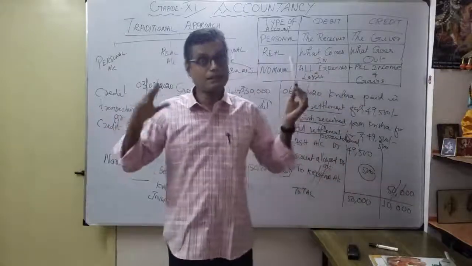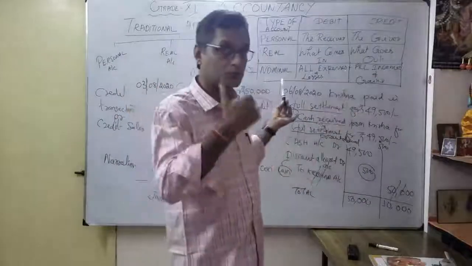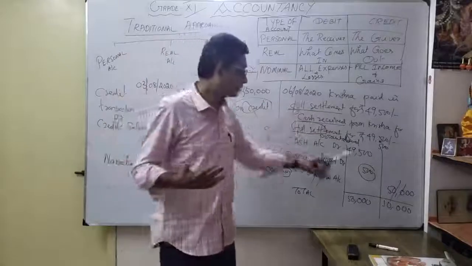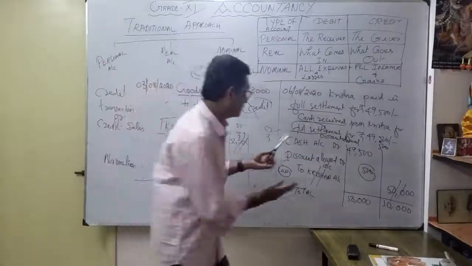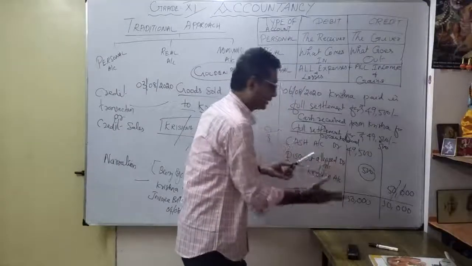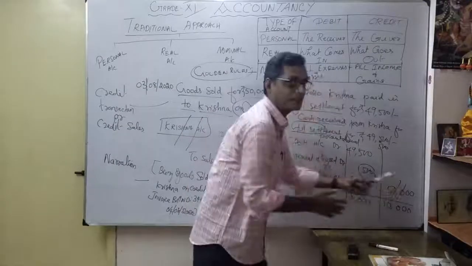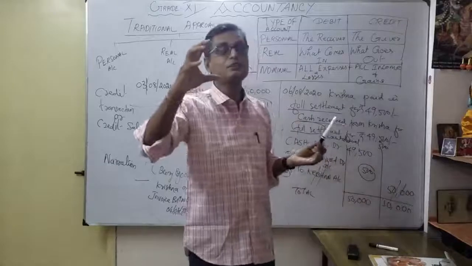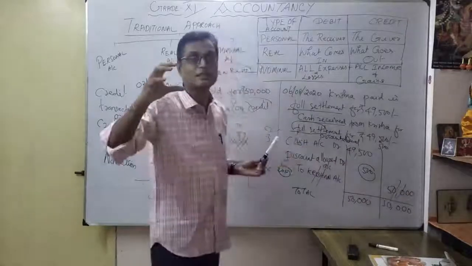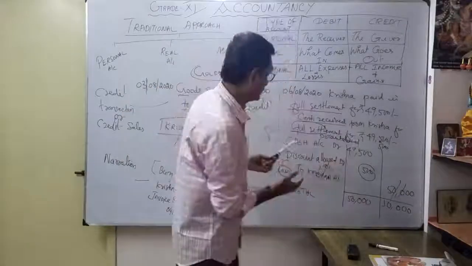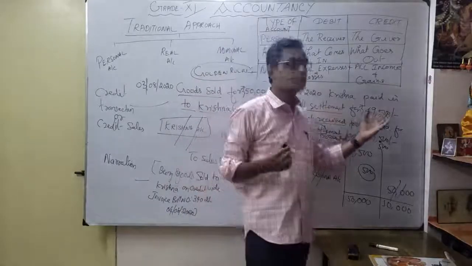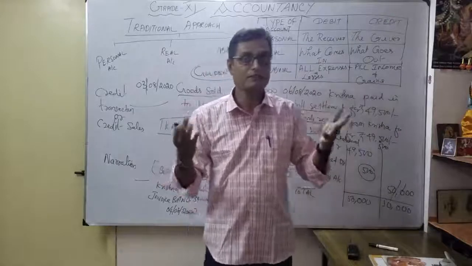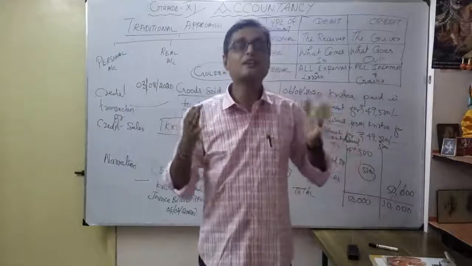When you prepare the ledger account, you will understand this when posting at the further level. Now understood. That's why the comparison: as a Krishna account, suppose 50,000, but I got only 49,500. So I can't leave it as 49,500, because 500 still remains as Krishna account balance. So how to close that Krishna account? We are allowing discount allowed because they gave full settlement for 49,500. Thereafter we can't get the 500. So we consider that it is called discount allowed.